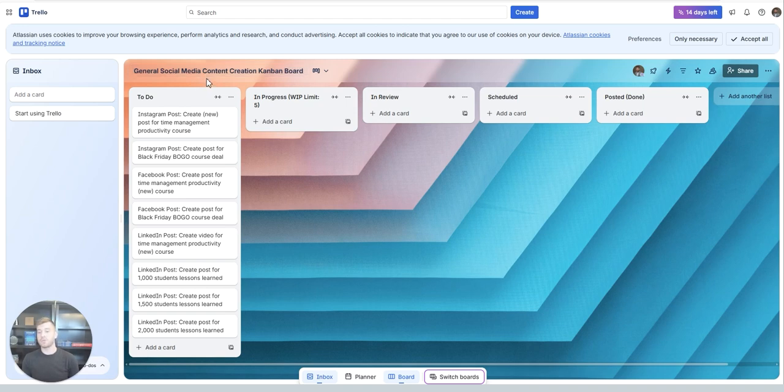For this Kanban board, we're going to use this example in order to manage our social media. In this case, we have three different types of applications or platforms that we're going to be posting on: Instagram, Facebook, and LinkedIn. We're going to be assuming that we're running my business, which is Teach Me It, and we're